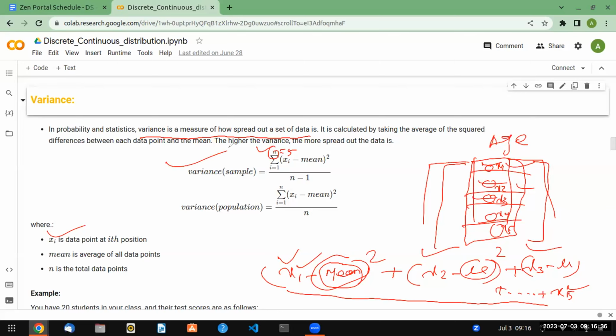Ashish, can you please repeat the mean thing? Mean means average. How do you calculate the mean of something? If I have the ages of 5 people, that is x1, x2, x3, x4, x5, how to calculate the mean? x1 plus x2 plus x3 plus x4 plus x5 divided by 5. This is how we calculate average, right? Yes. So mean is nothing but average. Got it, right?